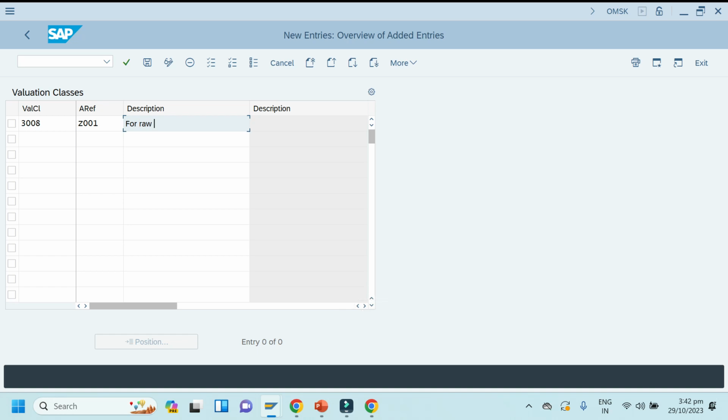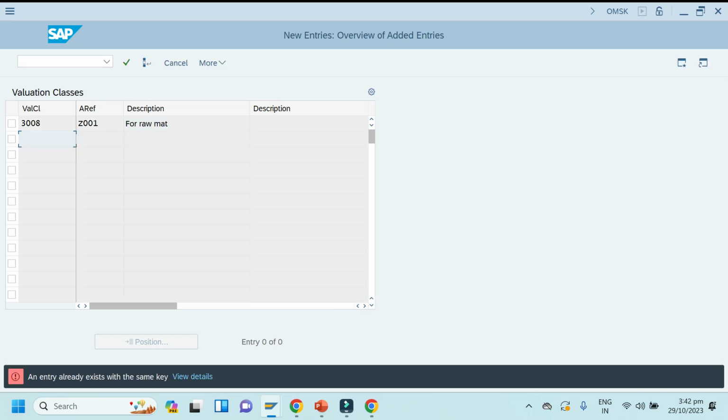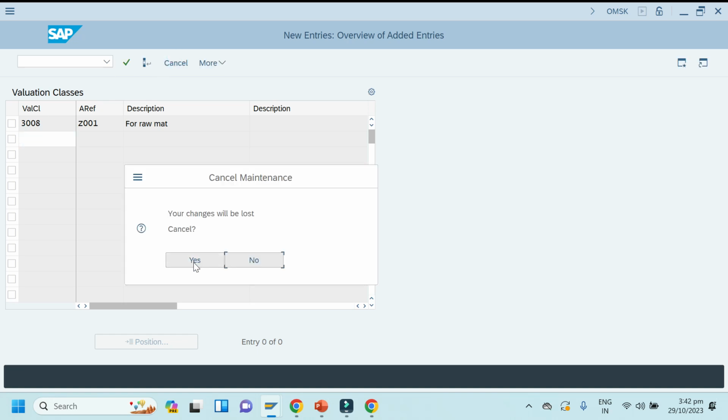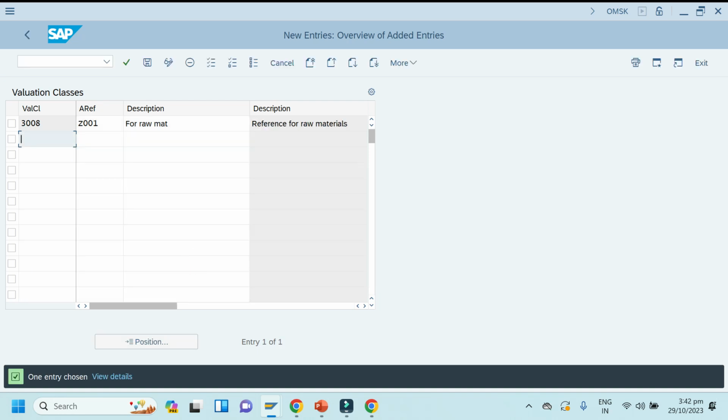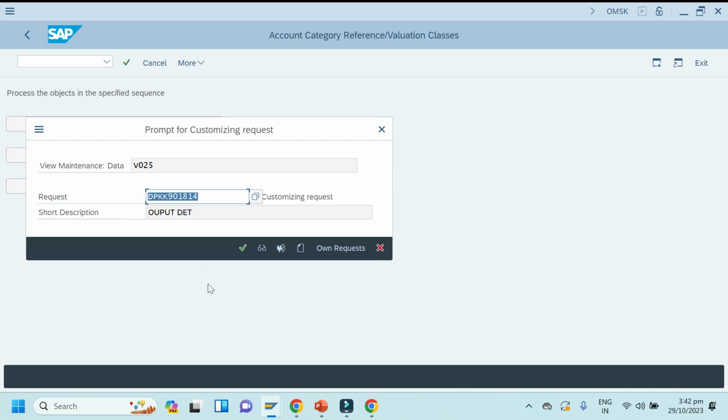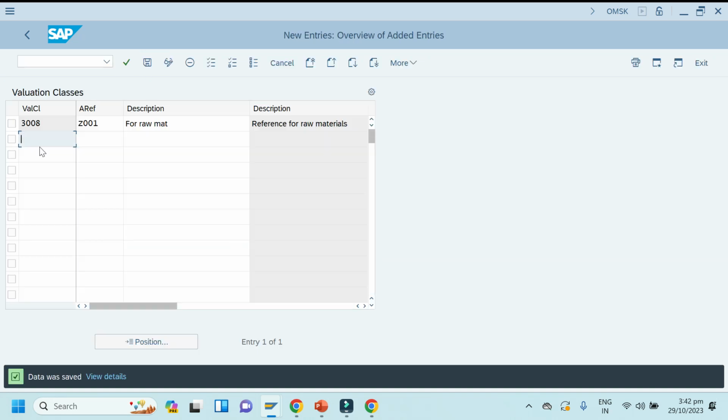Click enter. It's saying that the ID already exists. So what we can do, let me cancel it and save. Why is it saying that? Because I have taken it first, and now in the second round. But this was a new entry, that's why we are able to save. So I have given the valuation class this one, account category reference this one. So this is the second step for valuation classes.